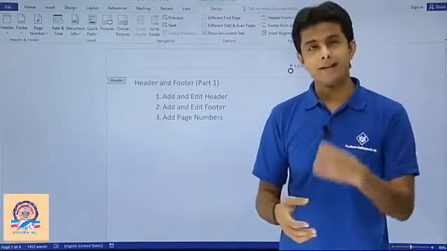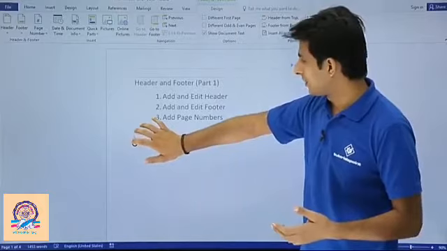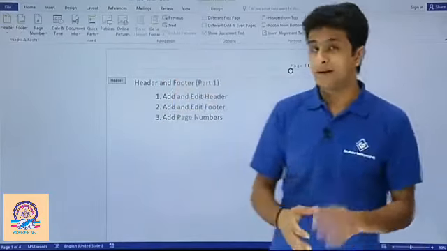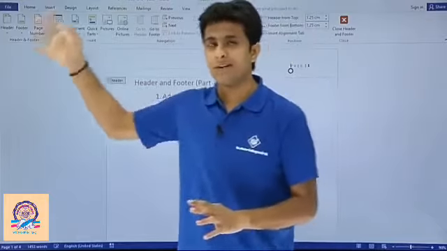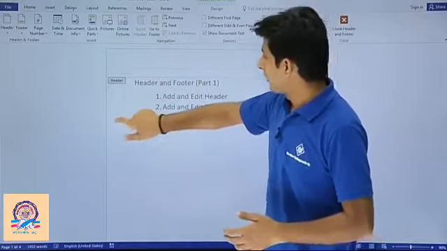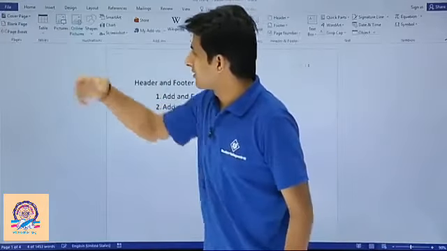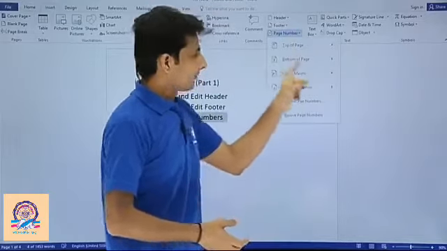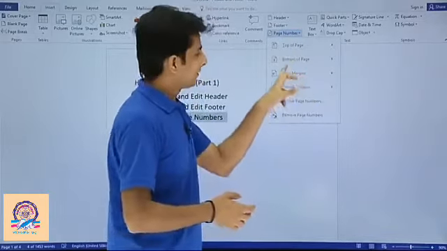Same like you do for headers and footers, you can also edit. So I'll just double click, it will go away. If you want to edit, you just double click on this place, it will come back. The shortcut method, the long cut is you have to go to the tabs and click on this place. So that's it. And there's one more. If you want to change the position of that page number, you can go to the Insert tab, Page Number, select bottom of the page, or else it's similar.